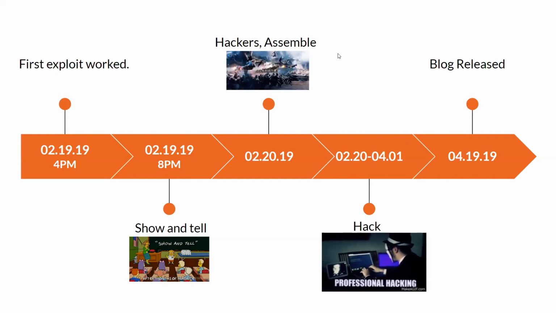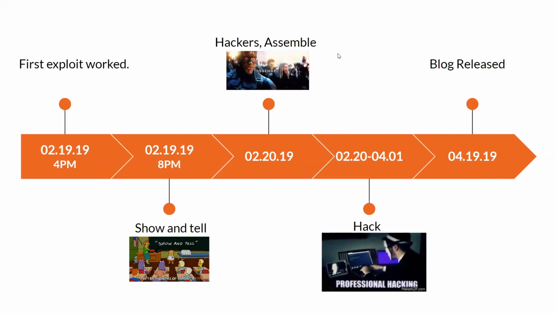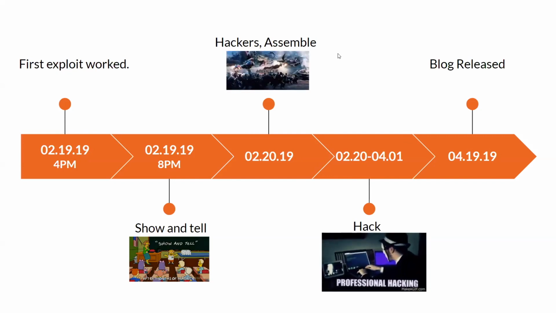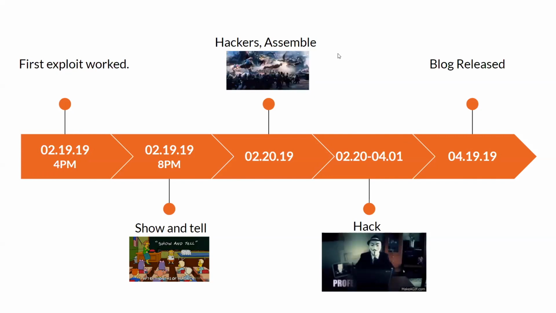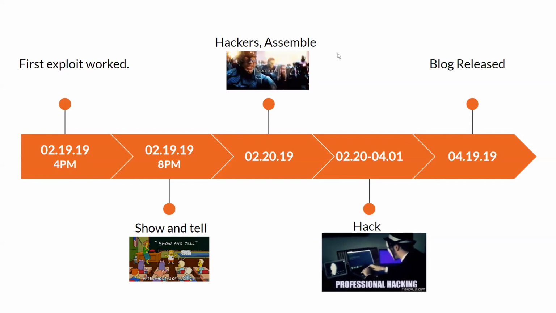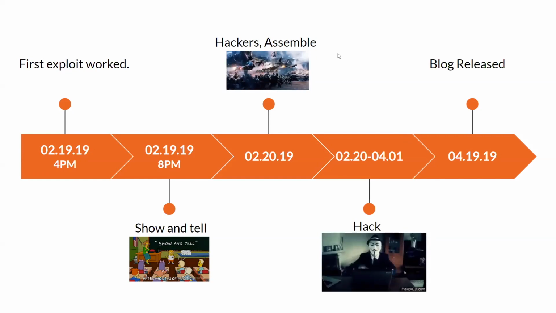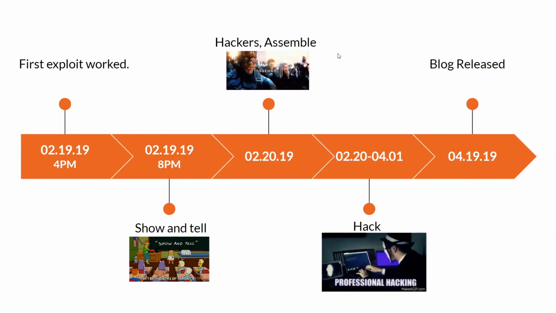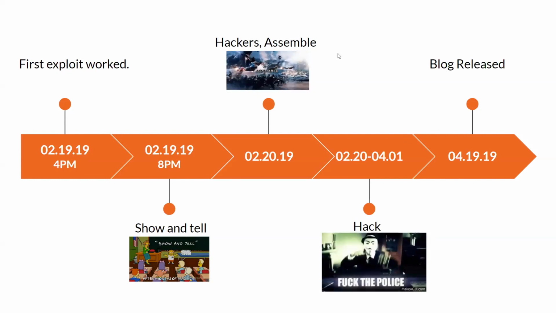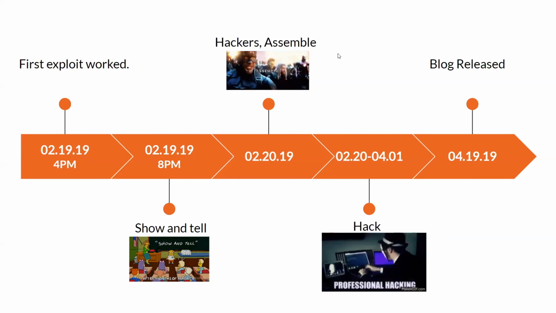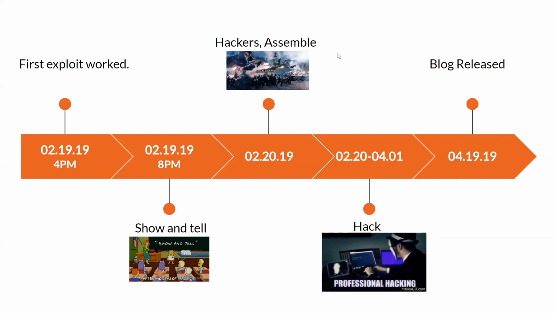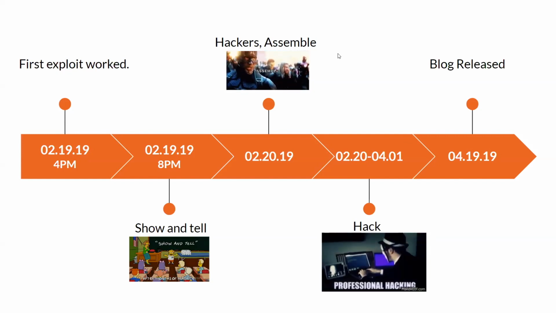If you haven't been to a live hacking event or a bug bash that Bugcrowd does, there's usually an aspect called show and tell, where companies select one of their best reports that they got for the day, or anything similar, to discuss the vulnerability that the hacker found, what his approach was, and how to attack that. And right then, at around 8 p.m., we decided to meet up in our room. We have a small private room at our school for our club. We did a quick presentation of how I exploited it, what the requirements were from the Zendesk side, so requiring support emails, anything that we needed, and we started taking notes of every attack that we could do.